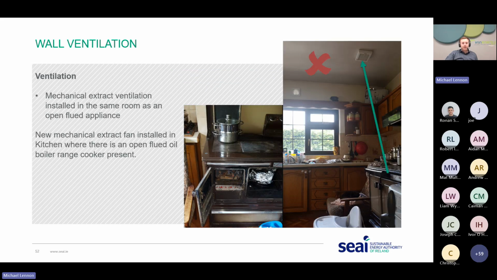We have a situation here where we have a kitchen that contains a solid fuel open flue appliance, a range cooker. And again, we have a situation where a new mechanical vent was installed in the same room as an open flue appliance. That's outlined here. So if that has happened,